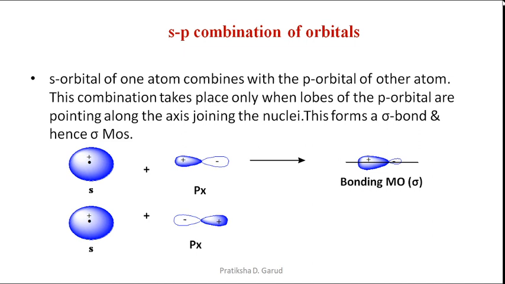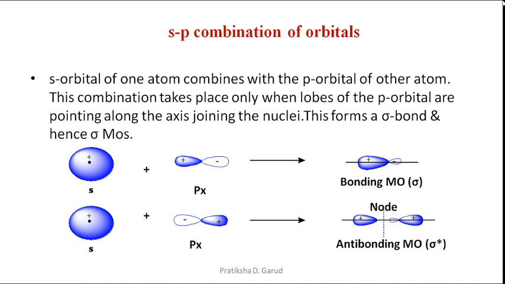H is having a plus sign and PX having a minus sign, and due to their combination, as they are having a different sign, there will be formation of the node, and the resultant will be smaller, not larger. So we are getting the formation of this type of structure in which there is a formation of a node. Node means there will be the repulsion between the same sign, and hence it is called as the antibonding molecular orbital, which is having a symbol sigma asterisk.